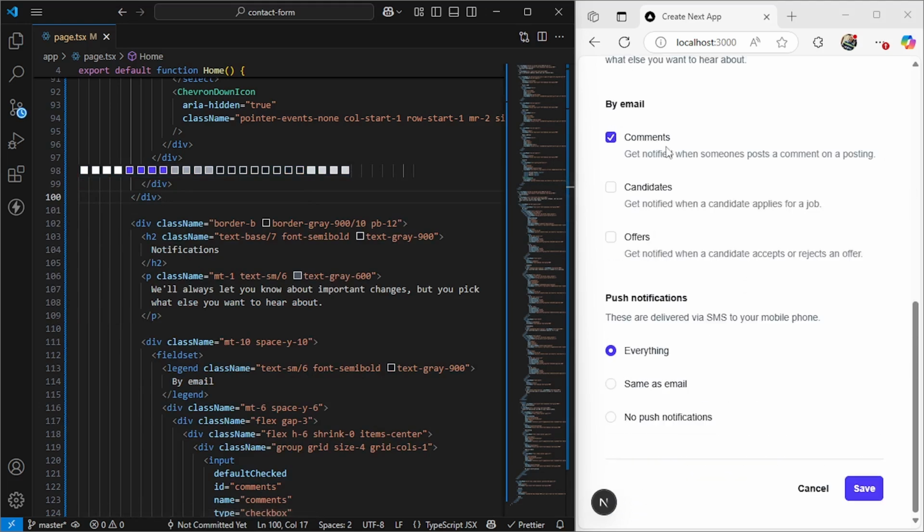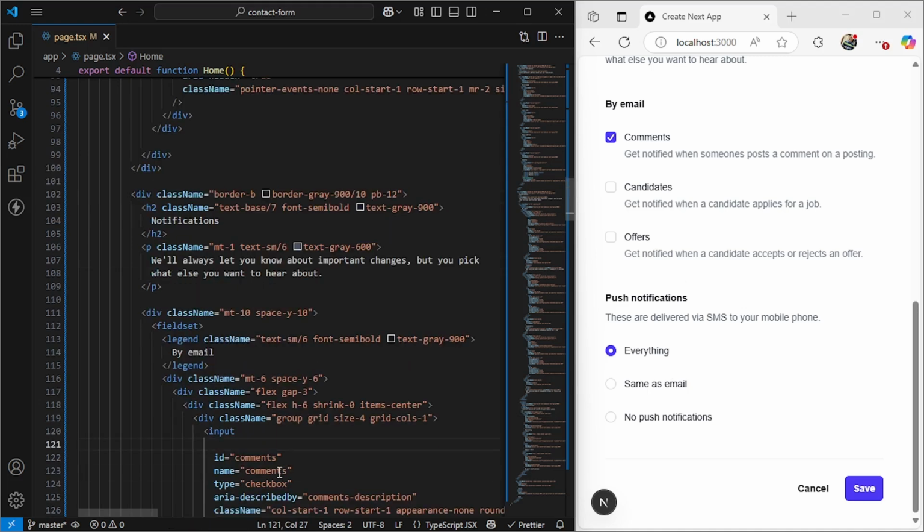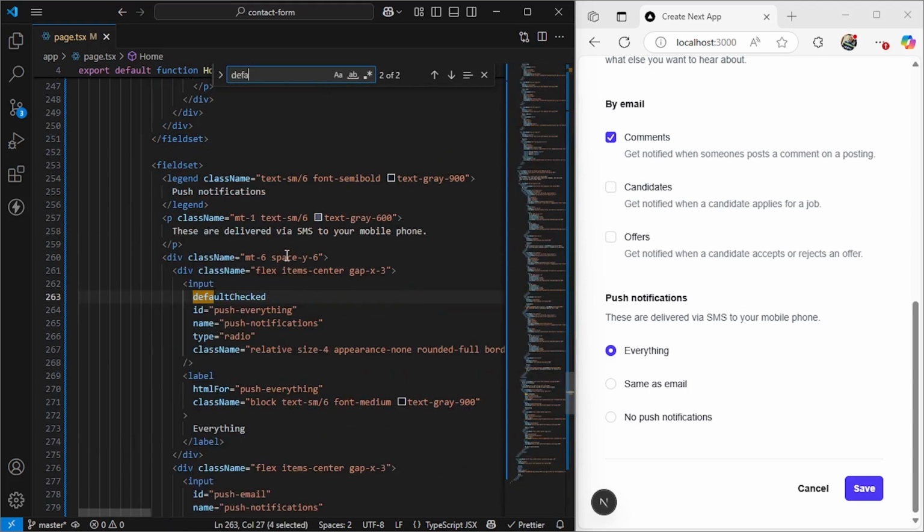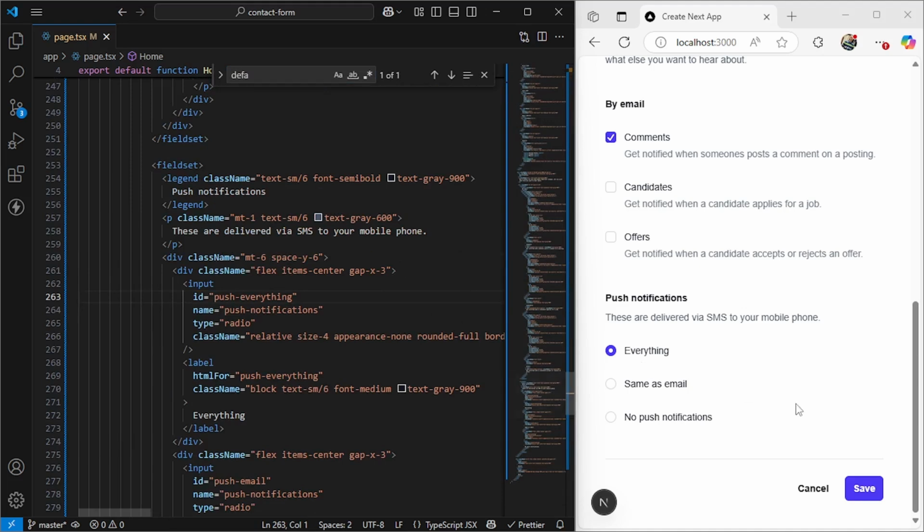Also, if you come down here, you will see we have some default checked values. So I'm just going to go ahead. Okay, look at it here. I'll just delete this. And I'll also search for default checked and also delete this. Then lastly, you can see we have save here. I'm going to change that to submit